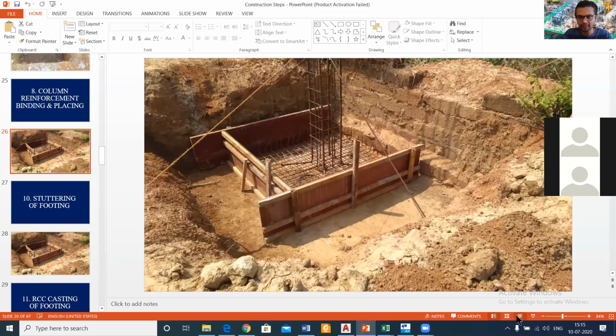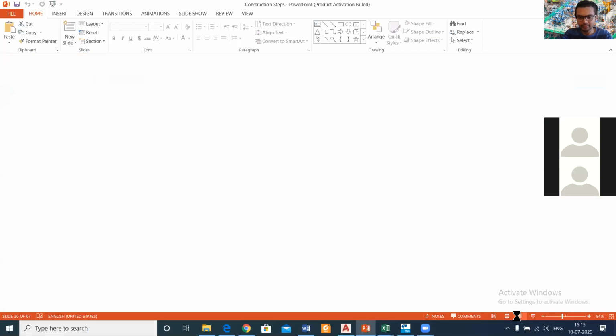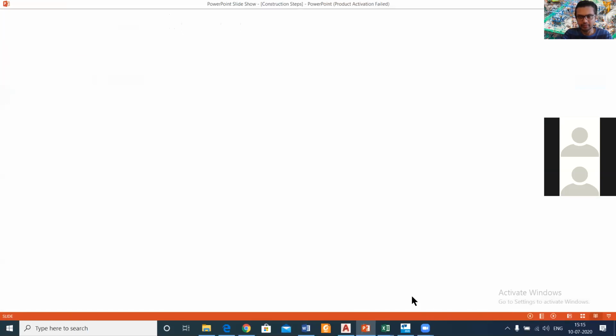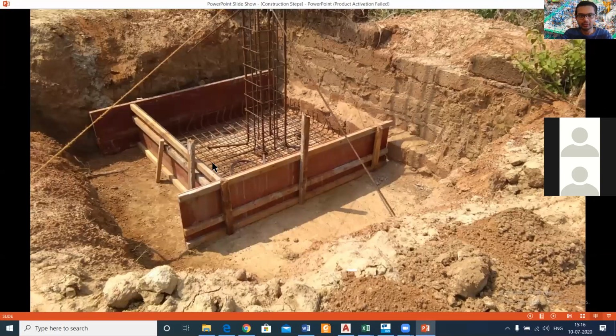Here we have our footing and this is the reinforcement for your footing, and this is the shuttering material. So the shuttering is applied. In today's class, we will find out how to calculate the reinforcement in this footing, and also how to calculate the quantity of shuttering material.